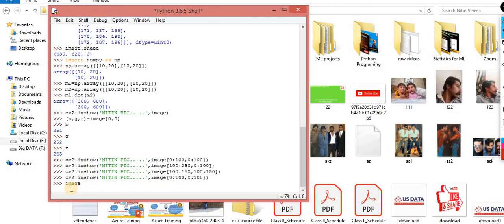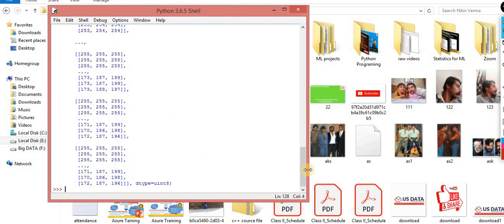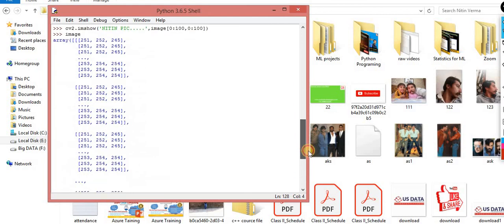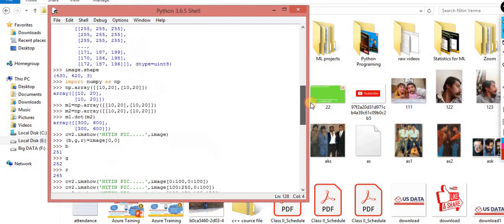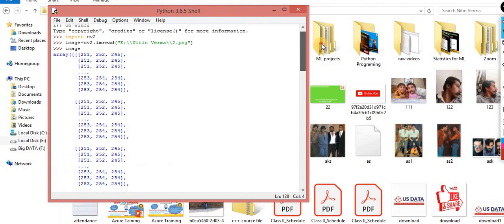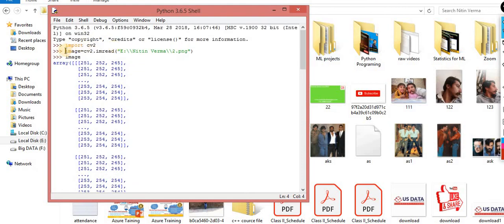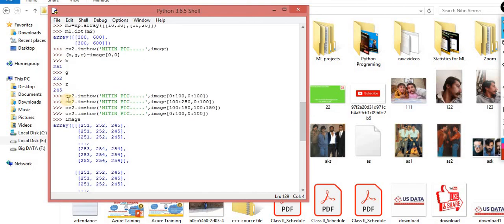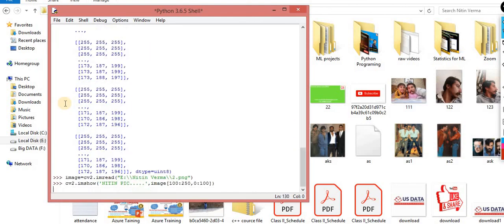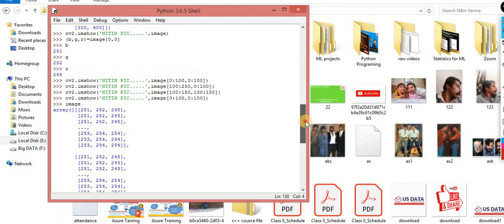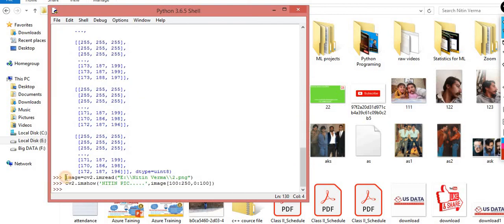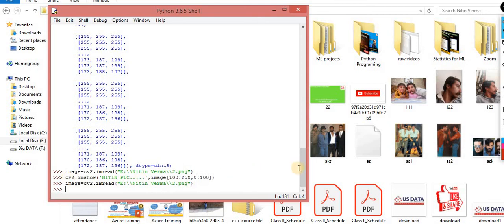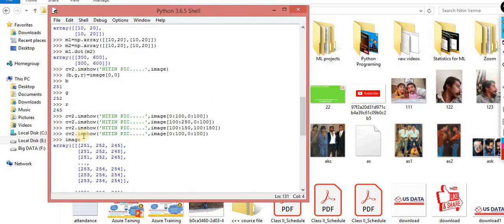I think we sliced the entire image, so again you have to read the image because we cut down the image. Let me read the entire image first, then perform the same scenario again. It should work. I don't know what happened. Let me read the entire image and try for this one.